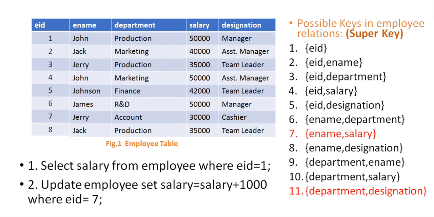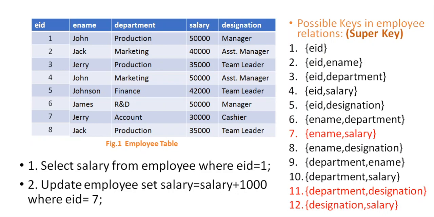So department and designation cannot be a key. Similarly, designation and salary is again not a key, because the persons who are working in the same designation may have the same salaries, so that cannot be a key. See here, look at employee ID 1, who is a manager having salary 50,000. We are talking about designation and salary. So manager is a designation, salary is 50,000. This is one set. Now again look at another employee, employee ID 6, who is a manager having the same salary, that is 50,000. So values are the same. So designation and salary cannot be a key.